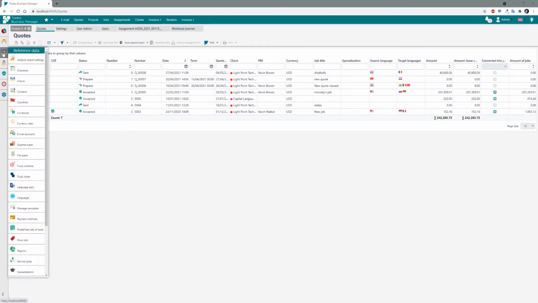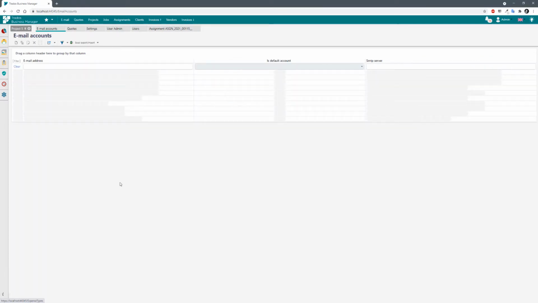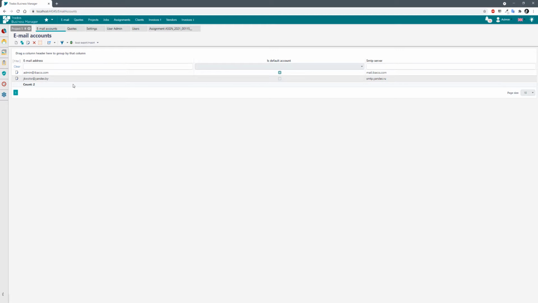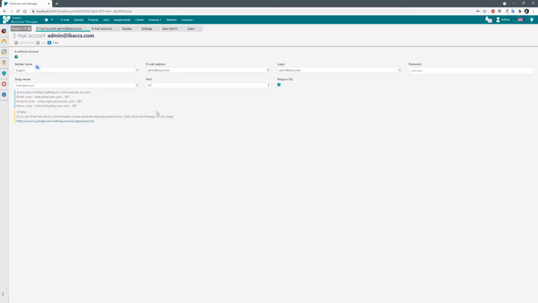So let's go to reference data and find email accounts. You can see that I have two personal accounts here, one for the old ibex.com admin email address and another personal one. You can create a new email account by clicking here. I will just double click on an existing account to